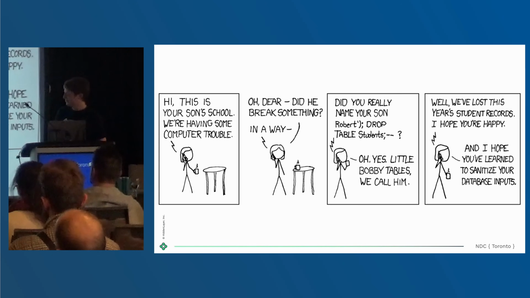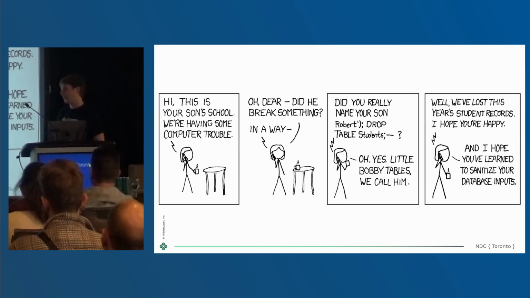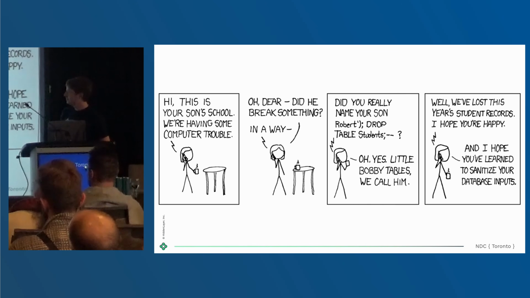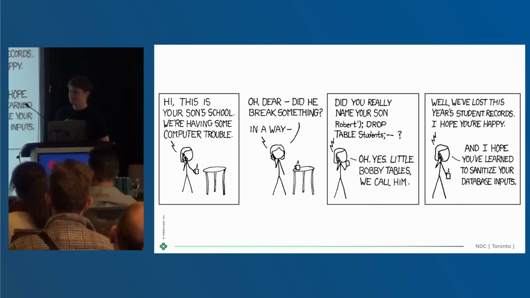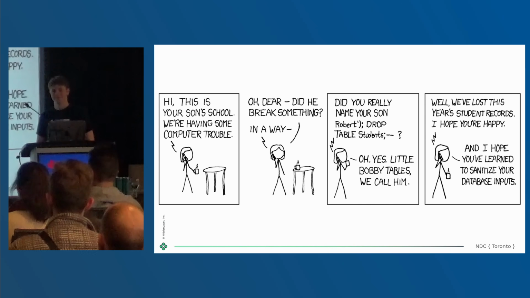If you guys aren't familiar with it, this is XKCD 327. It is Little Bobby Tables, and it's a cautionary tale about sanitizing user inputs. We want to make sure that all user inputs are clean. In this case, a mother names her kid with a SQL injection and causes the entire school's records to be dropped. Not great. But not only is this a funny comic and a cautionary tale, it's also the gadget that we will use to break this SQL application.